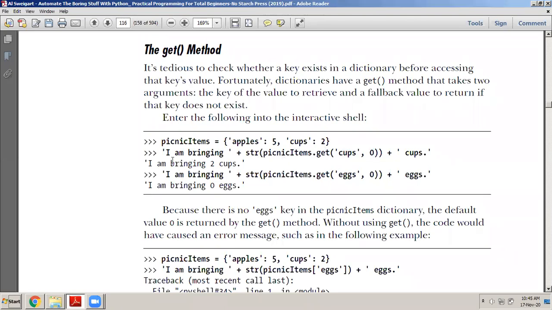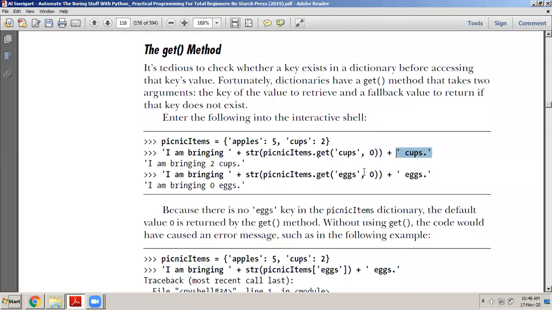I am bringing a string that I have concatenated with, and concatenation should happen with a string, so I'm converting whatever comes into a string. You check picnic items dot get cups, comma 0. If this cups key is present in this dictionary, then you will get back whatever is the value of cups. If it is not present, you will get this default value, a 0.